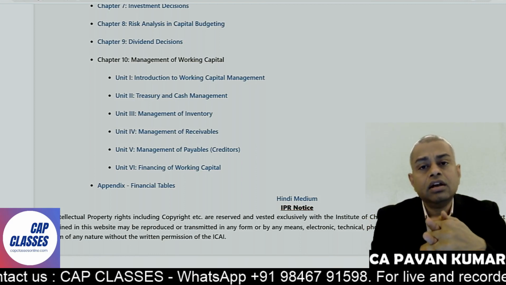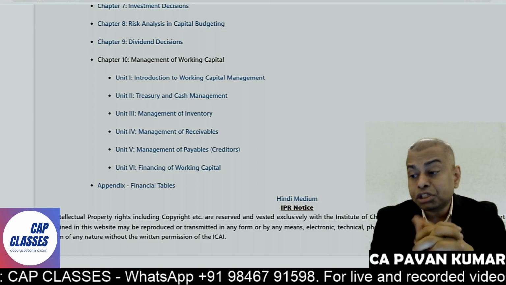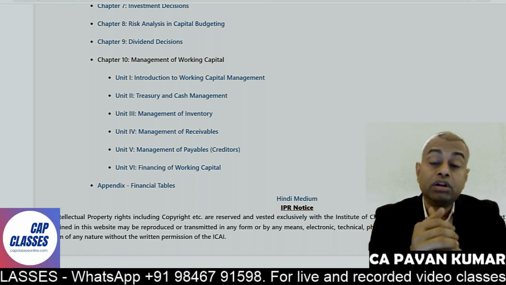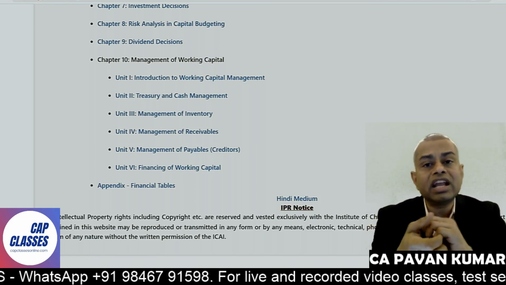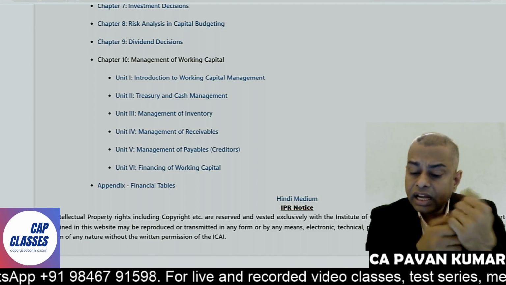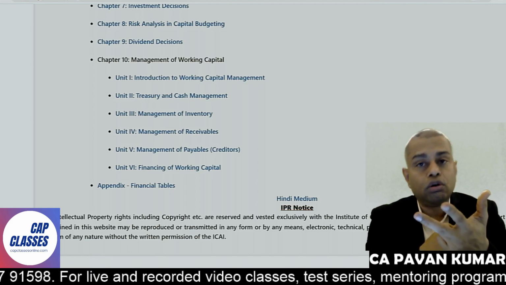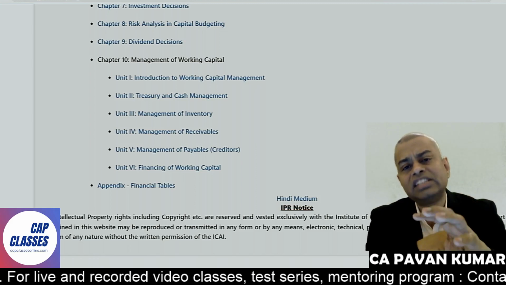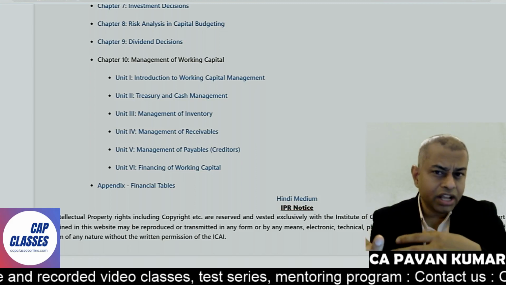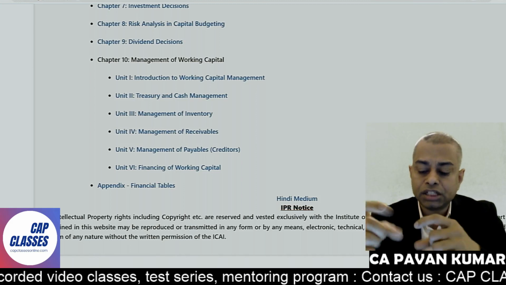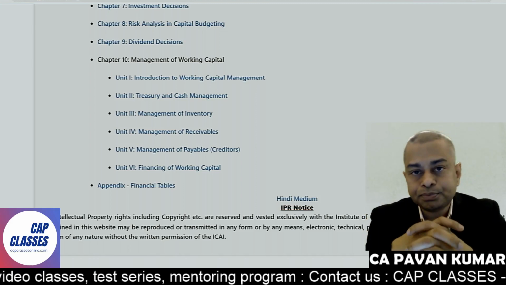Shall I go with overdraft? Shall I go with cash credit? Or shall I utilize my reserves towards working capital? What shall I do? In this, units 1, 2 and 4, these 3 units are important from the exam point of view. Inventory management you already studied, and the remaining 1, 2 parts, whatever are there, they are only theory, pure theory.